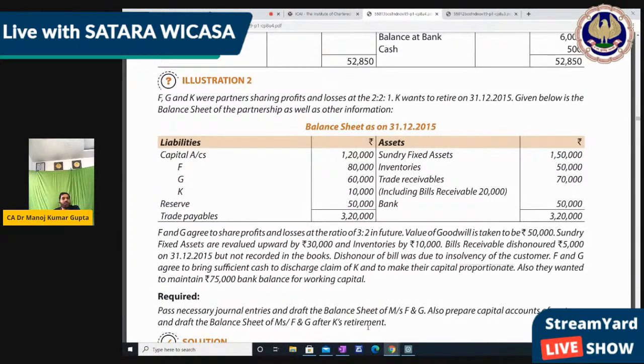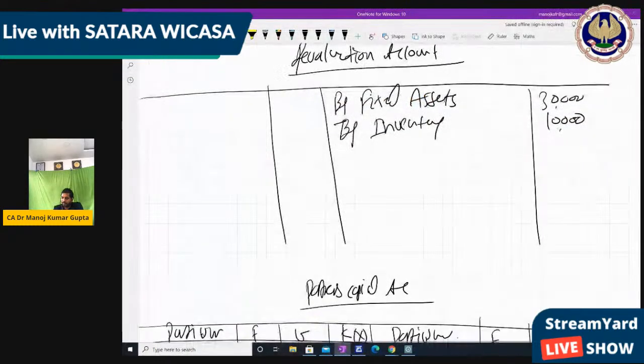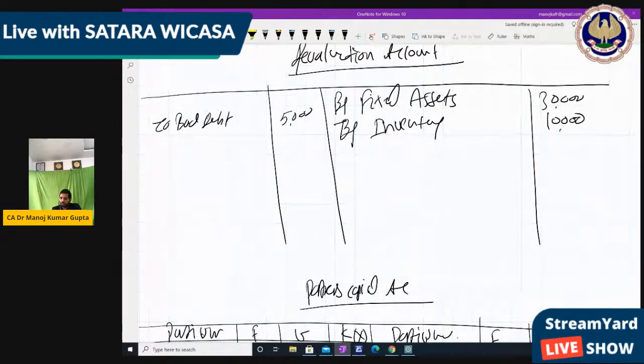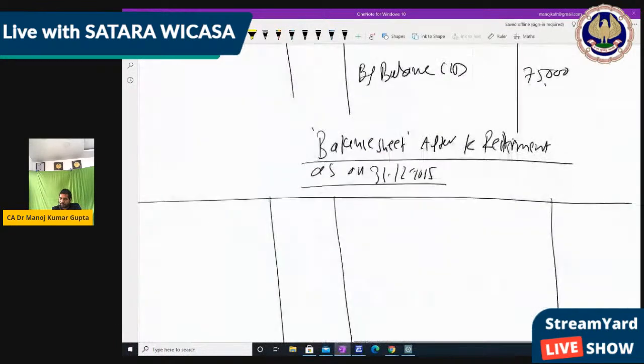Bills receivable dishonored 5,000. Dishonored due to insolvency. So this 5,000 also goes to bad debts, right? So 5,000 we do in the bad debts, to bad debts 5,000, right? So now what do we do? In the balance sheet we write